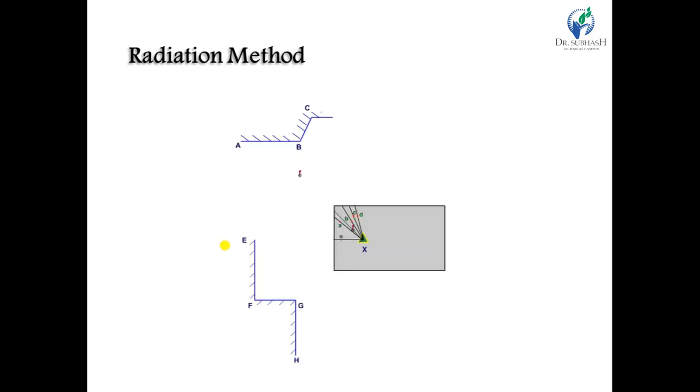Now see the animation which represents how we carry out the radiation method in the field. If you want to locate the points A, B, C, D, E, F, assume that these points are the boundary or corner points of our object, and we have to plot the boundary of that object.